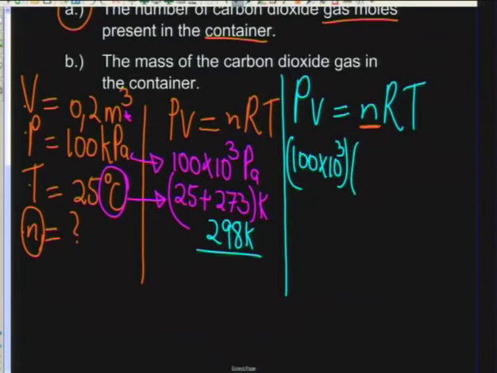The volume is 0.2 meters cubed, equal to N, which is what I'm looking for, times R. What is R? 8.31. Times T. What is T? We found T to be 298. I won't have space for it here, let me just have it down here. So this will be equal to N times